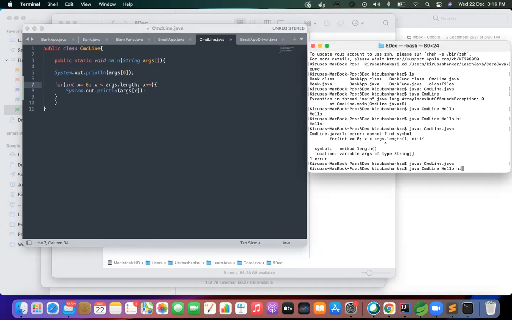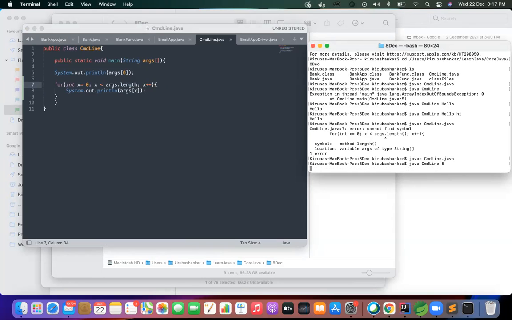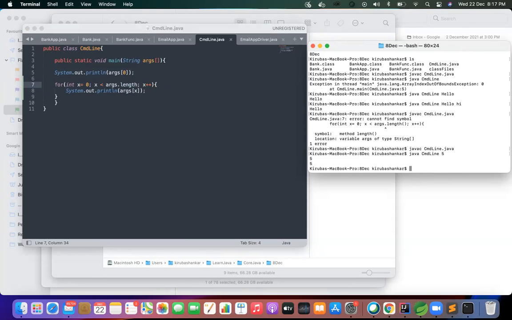Now try to give some input along with your thing. Okay, we have two sysouts, so that is the reason we got printed twice. Now in the arguments, we can give one more, or you can try with multiple possibilities. So it still gets executed.